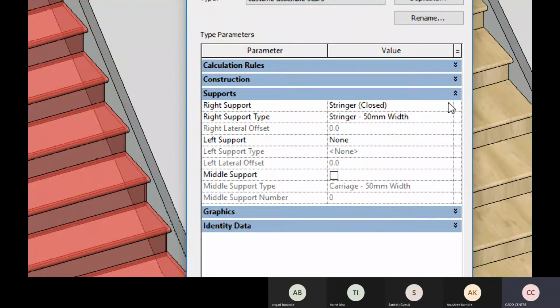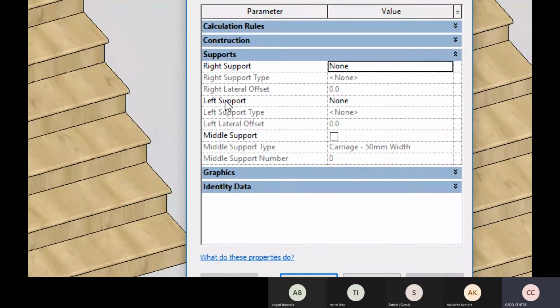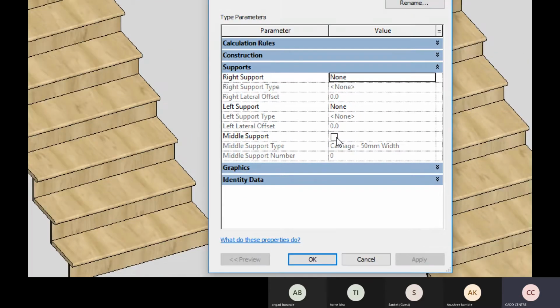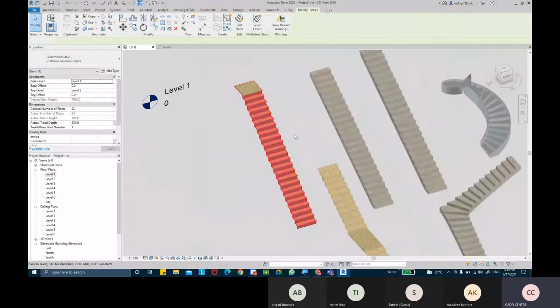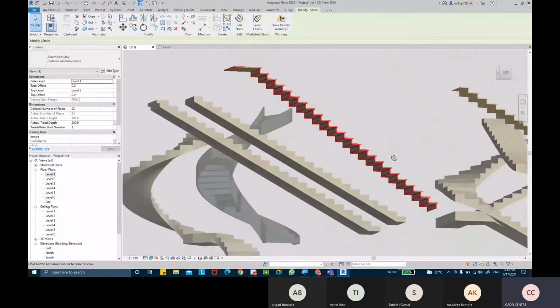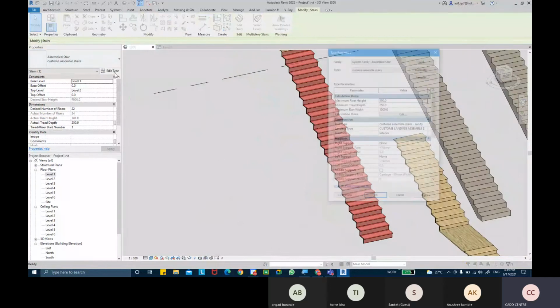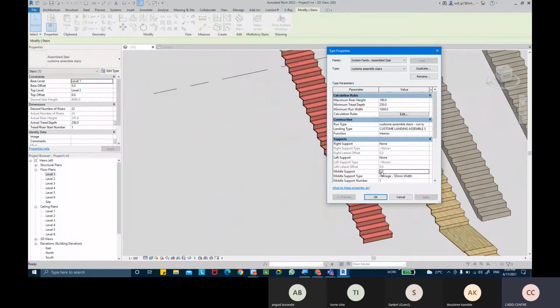Okay, so first let me start with the middle support. So the right support I have checked as none, the left support also I have checked as none, and the middle support has an untick option. So what will happen is that the staircase will not have any sort of supports. So there's no middle support or the right support or the left support. Once again, come into the edit type, check this option for middle support, and if I apply this,